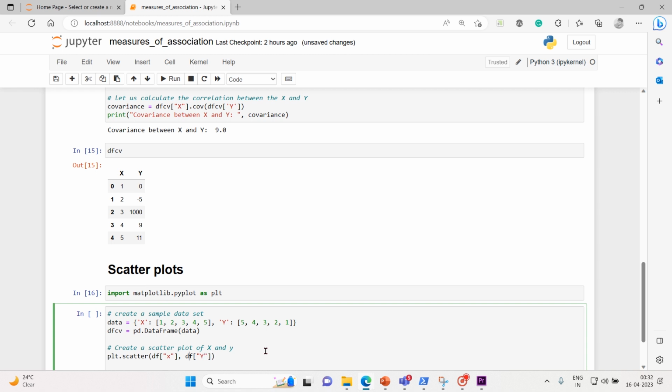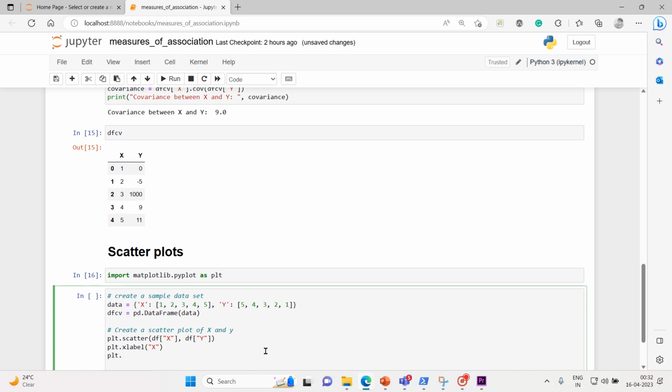The x is capital and this is also capital. That's it. Your scatter plot would be ready by now, but let me add the x label and y label for it. So xlabel, this is x, and ylabel, this is y,